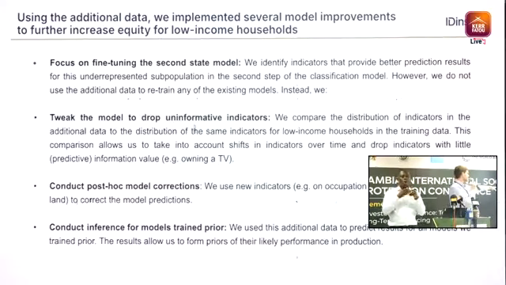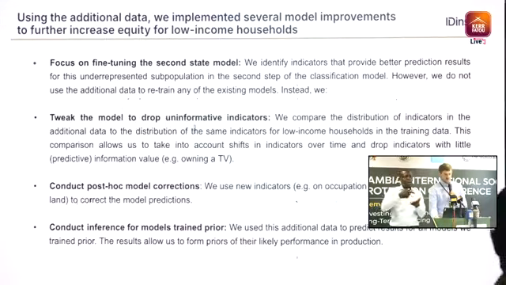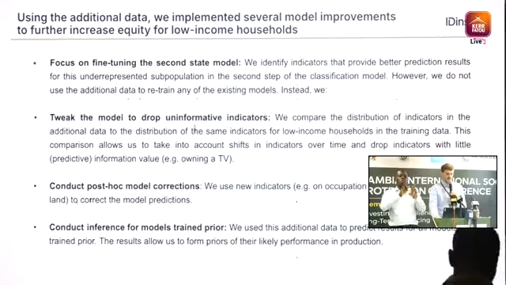We would also be able to change model predictions post hoc, so afterwards we could make specific changes to better reflect what we see in the ground truthing. And then we can predict with the additional data how well our model is performing. And therefore we can get a sense of how well it would be performing if we were to roll it out to the general population. So again, it's an additional investment and resources, but our hope was that we were able to increase equity